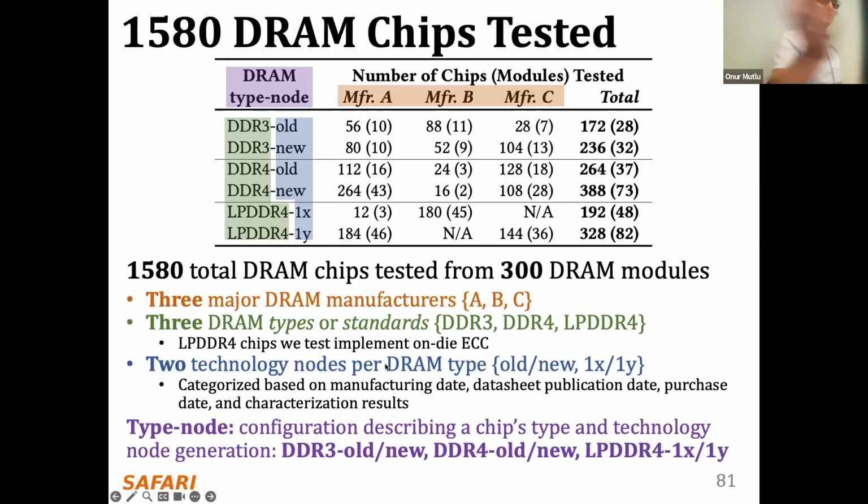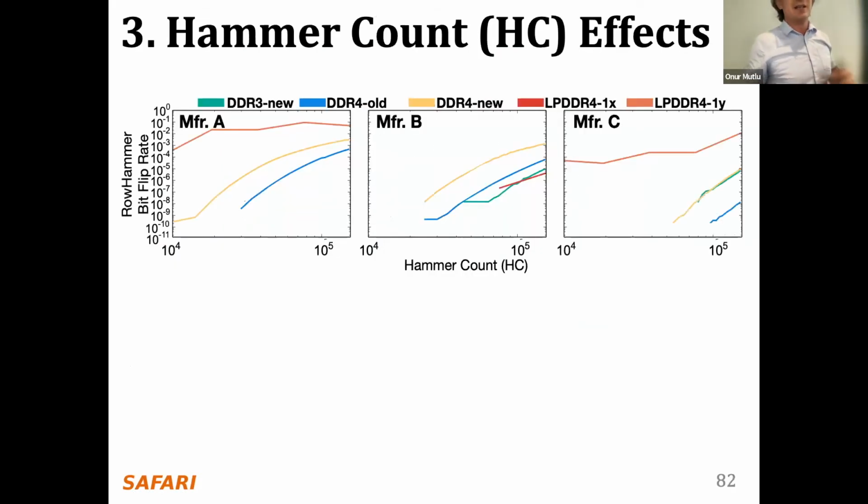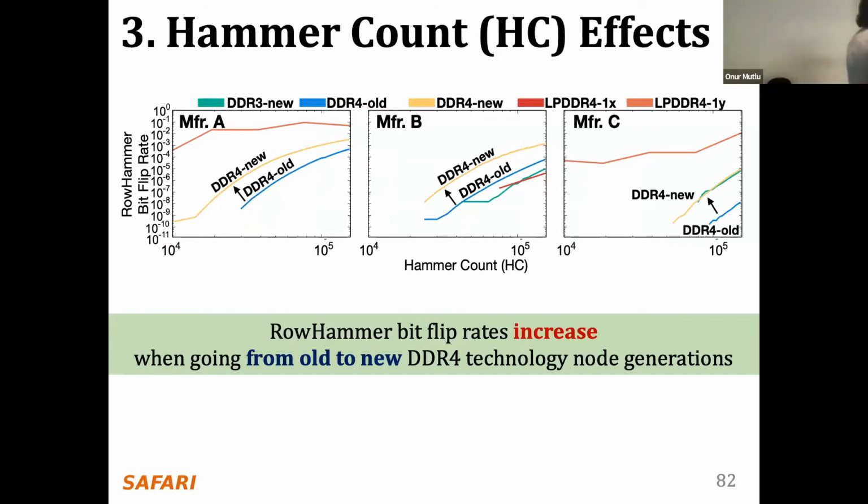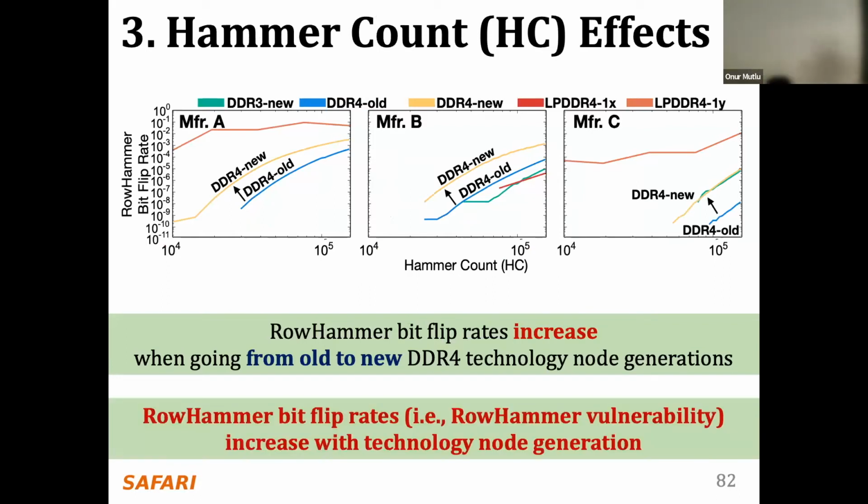We tested a lot of chips from a lot of different generations, building a lot more infrastructure than I mentioned earlier. Let me give you one example over here. This picture shows hammer count, which is the number of activations or hammers that you need to do to induce the first bit flip. And on the y-axis, you have the RowHammer bit flip rate. And this data is generated from old DDR4, as you can see. When you go to the new chips, this curve shifts to the left and goes up, meaning that you can induce the bit flips earlier and you can induce more bit flips. And that's consistent across all manufacturers, as you can see over here, and many technologies also.